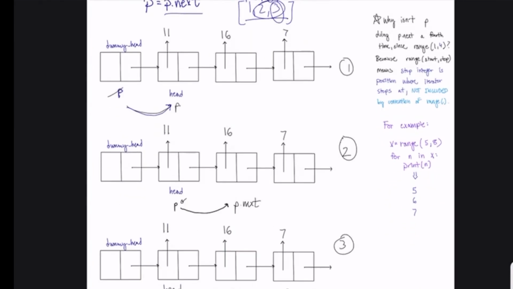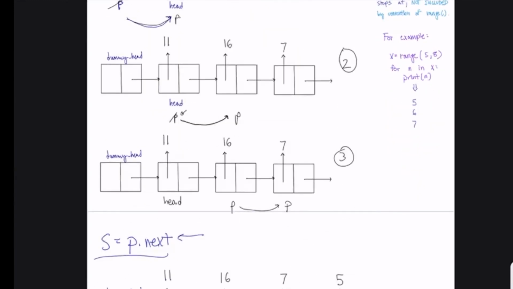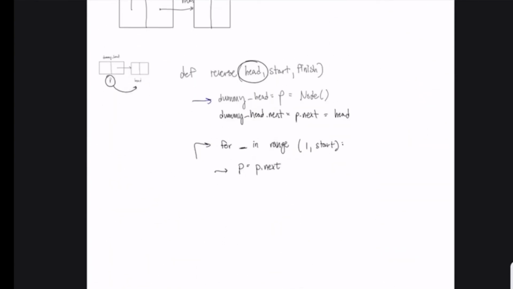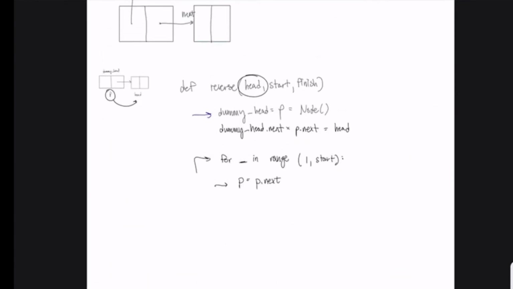At iteration 2, p equals p.next a second time, so p will now be this value, and we can erase this p. And finally, p will be p.next a third time, so we can erase this p and make p this value. So now that we've understood where the first node is that will begin the reversal process,